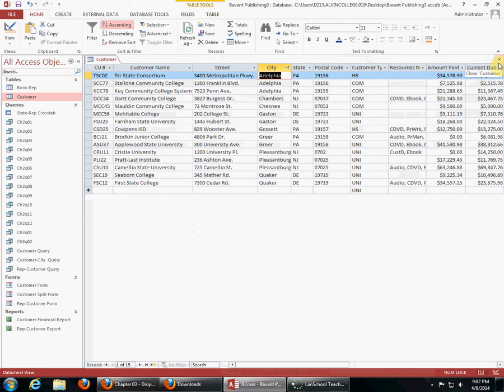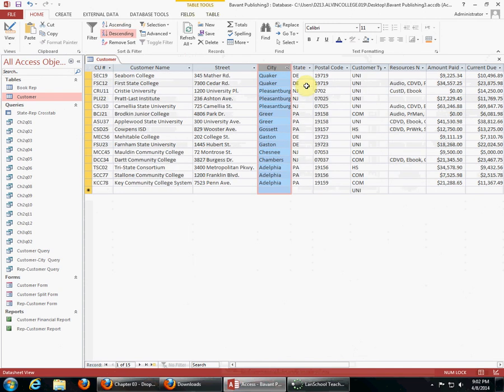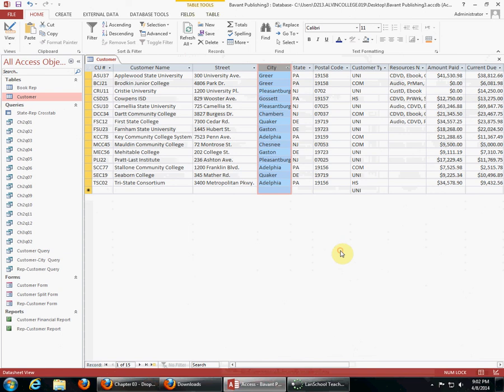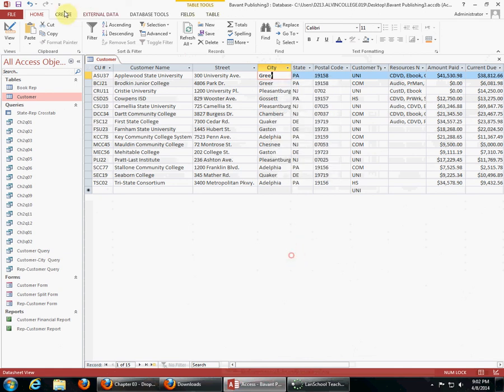You can do it the other way too, though, right? Oh yeah, there's a ton of ways. You can click on here and do the sort like that if you want. You can do it from here, remove sort. Let's see, is that it? Design view, right? You can right click and do it from here. In design view,